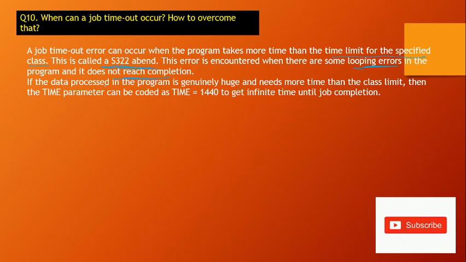If the data processed in the program is genuinely huge and needs more time than the class limit, then the TIME parameter can be coded as TIME=1440 to get infinite time until the job completes, or you can code TIME=NOLIMIT in your job card.